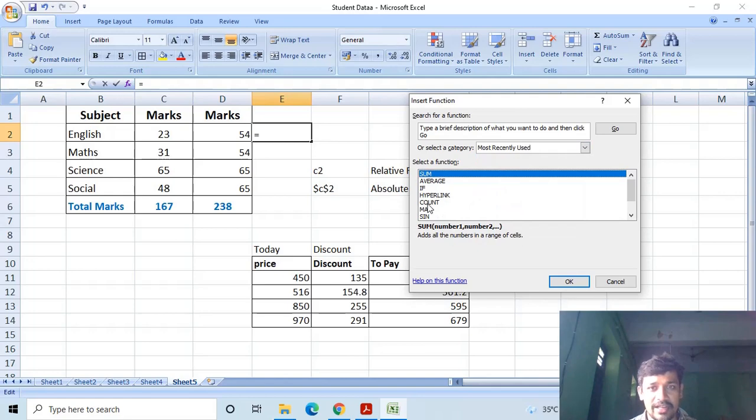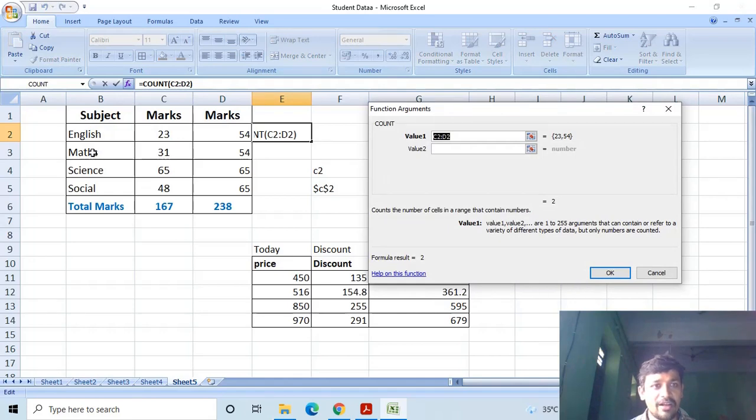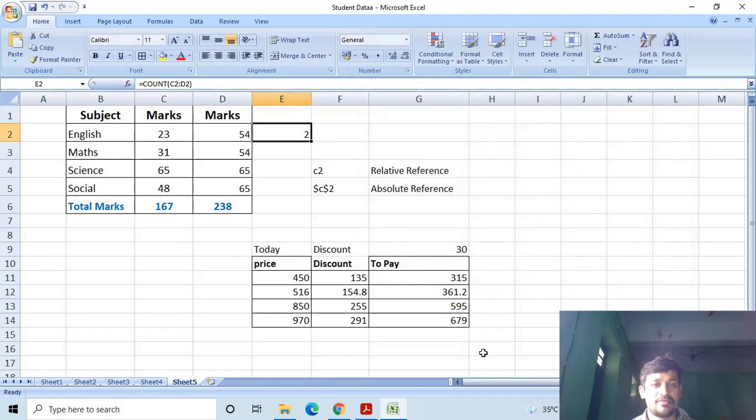I will select the count function. Click on OK. It will ask from where to where to count. Value 1, C2 to D2. C2 is this cell, D2 is this cell. Then press OK.